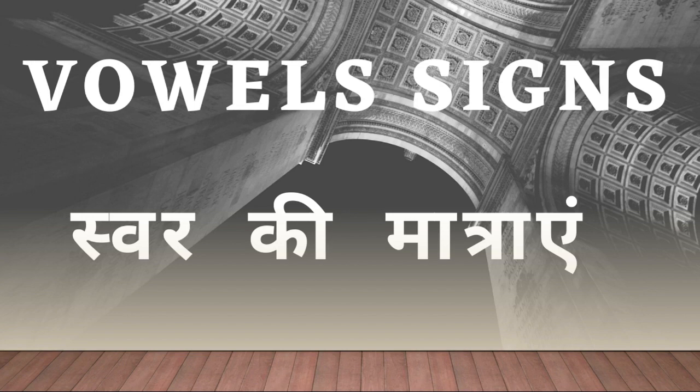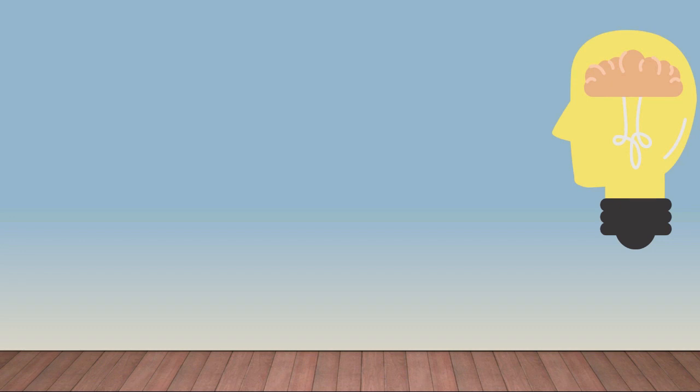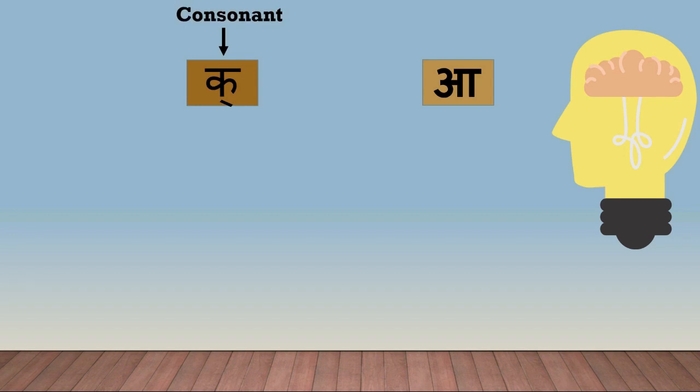Before starting the lesson, I would like to brief basic information about vowel sign. One thing we need to remember that all the consonants are dependent characters and all the vowels are independent characters. Now you can see on the screen ka, which is consonant, and a is a vowel. When consonant is written without a vowel, it is considered as a half word. Now one question will arise in your mind: how will you identify the half word? Well, when consonant takes the diacritic mark, right slanting stroke, which you can call in Hindi halant.